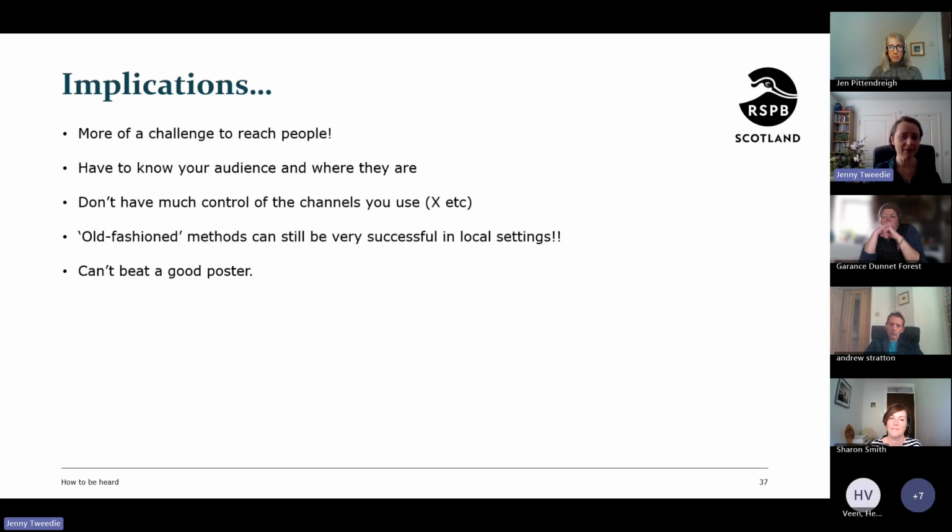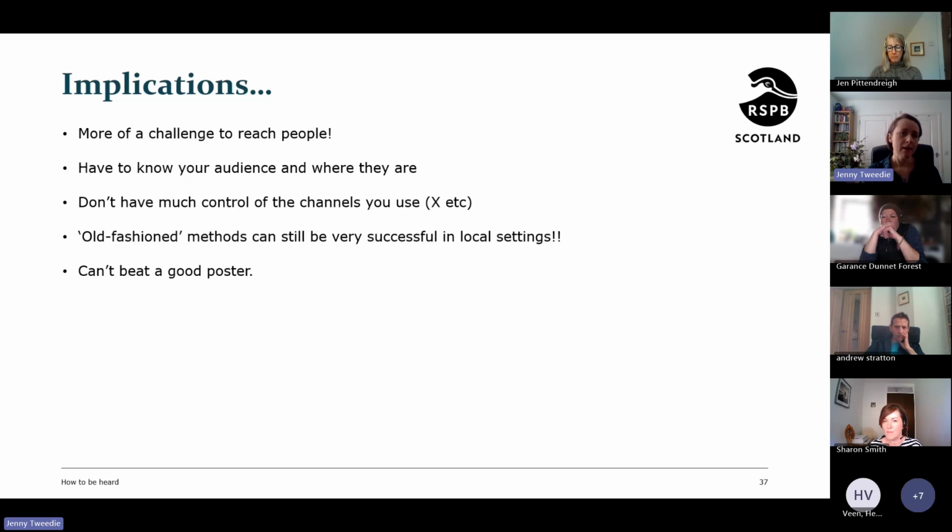You don't have as much control over things. To be honest, we never had control when we were putting out a press release as to who was going to print it, how big it was going to be. Quite often you would send out a press release and it would end up as this little tiny 2-line thing in the paper, but it's the same situation with a lot of social media channels. And you can't control what's happening with broader things like X changing. You don't have any control over that. You just have to go with it and adapt and change and find out where the best things are to do things.